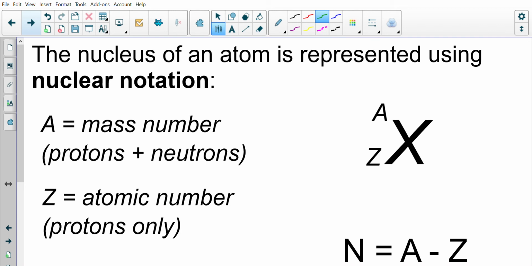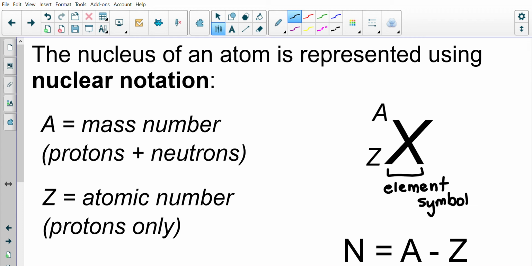All right, in this outcome, we're going to use something called nuclear notation. So the nucleus of an atom is represented using nuclear notation. Nuclear notation is this thing here. X is the element symbol. So for example, let's say you're doing a question involving carbon, then instead of putting X, you would put C. Or if you're doing a question with hydrogen, you wouldn't put X, you would put H, because H is the